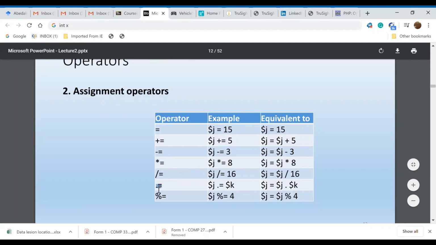Here for strings, dot means concatenation. So J dot equals K means the string J will equal string J concatenated with K. So dot equals means equals the variable at the left side concatenated with the variable at the right side of the equation. Modulus equals is similar, it means J equals J modulus 4. We'll move to